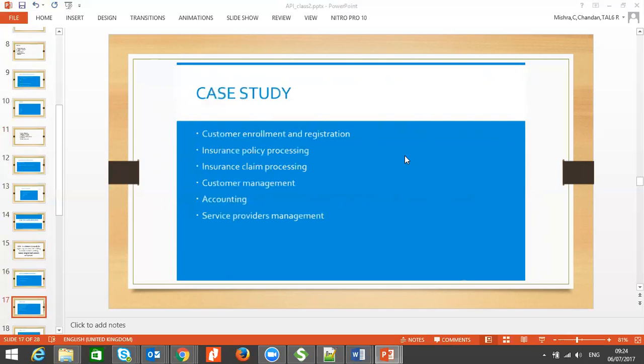That's all, right? So this is a case study of an insurance company that we are going to study here. An insurance company has multiple benefits. I have listed a few here. Customer enrollment and registration: a customer can enroll and register himself. Insurance policy processing: automatically it will get processed. Once the policy is decided and he takes the policy, the policy will be in an orchestration mode and it